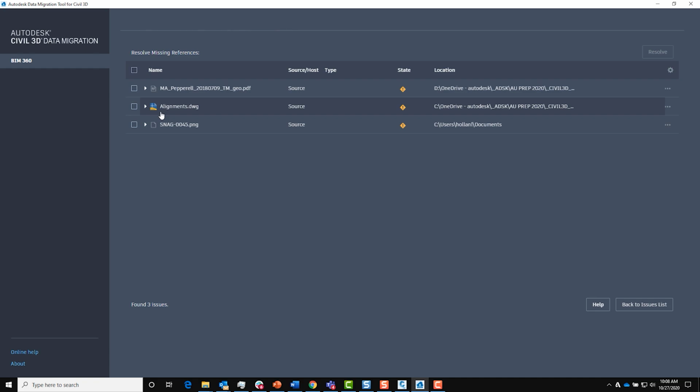Let's take a look at missing references. I have 3 problems here, and if you click the arrow just to the left of the name, you'll see what is going on. So in this case, alignments.dwg is looking for this PDF file, and it's currently unresolved. So let's fix this by going over to the right-hand side, click the ellipsis, and resolve.